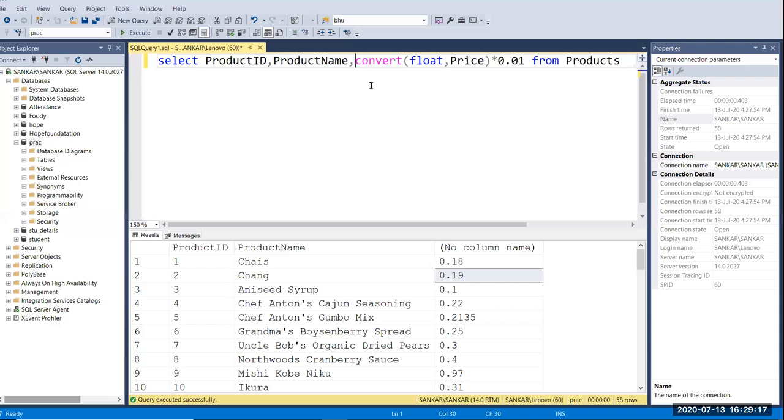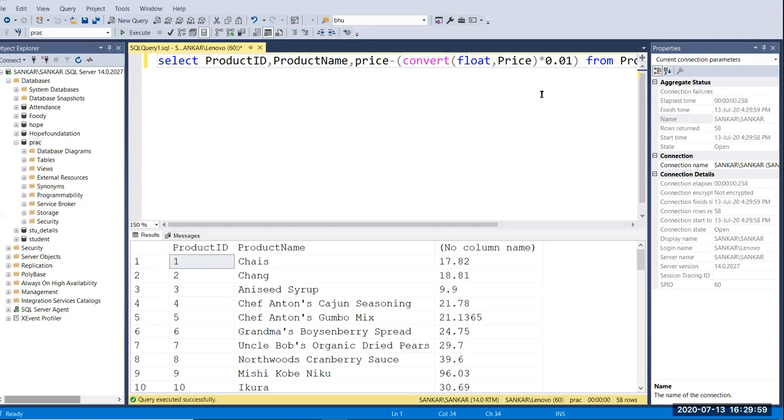So simple, you give price, then minus, and you pass this entire converting and calculation process inside a single parenthesis. So I have given price minus, and inside the parenthesis convert float price into 0.01. Now you can get the 10% discount of each price value.